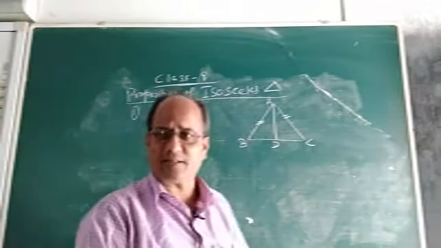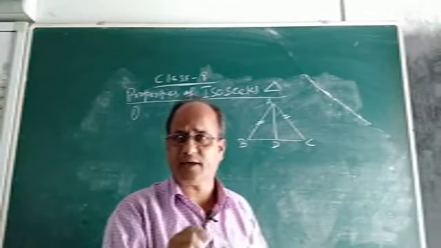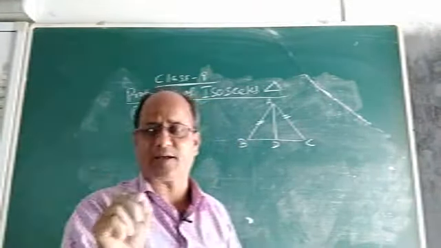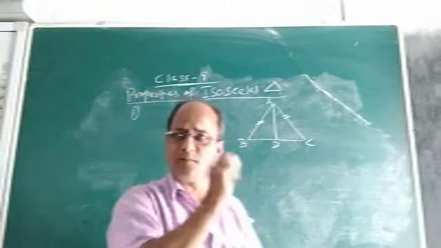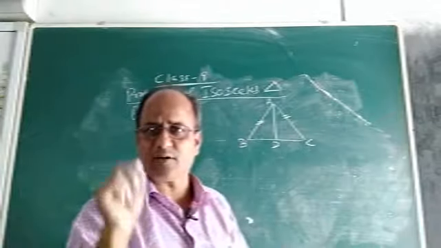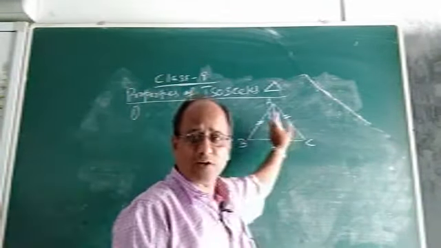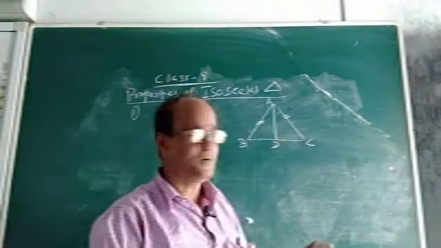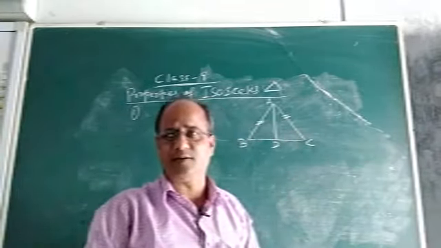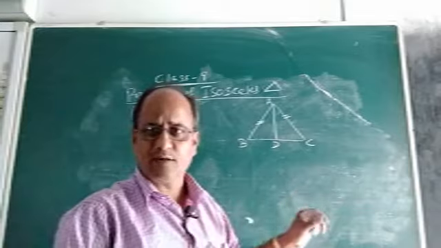I know it was there in class 7 in the chapter congruency, and also in another chapter known as properties of triangle. Of course, its proof was not there in properties of triangle, but it was there in the chapter congruency or congruent triangles. So using the concept of congruency, we can easily prove that angle B will be equal to angle C if AB equals AC in triangle ABC. So let us prove it.